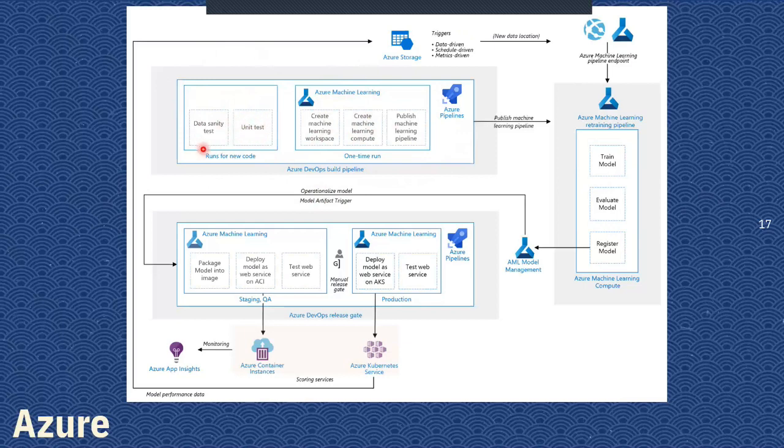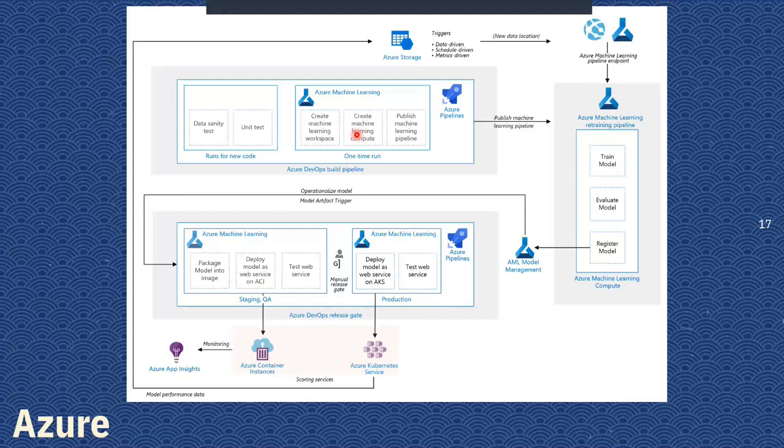This is your code base where you've written, you want to do some tests, you want to check for data sanity, whatever. And then you run this code, but this is always a one-time run, right? For instance, you create a workspace, which is a term you find on Azure Machine Learning Studio. I'm not trying to use this term to say this is how it's going to be, I'm trying to think about it from the angle of the concept of what happens,